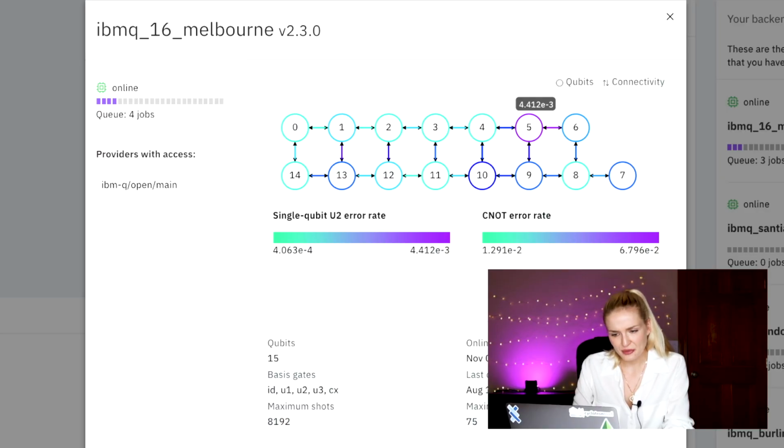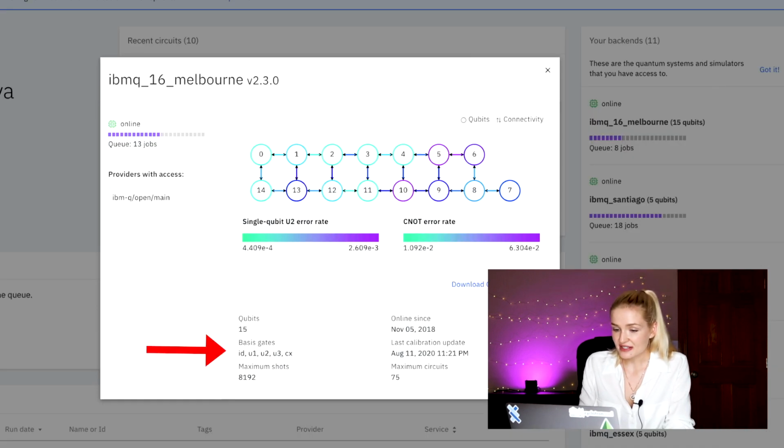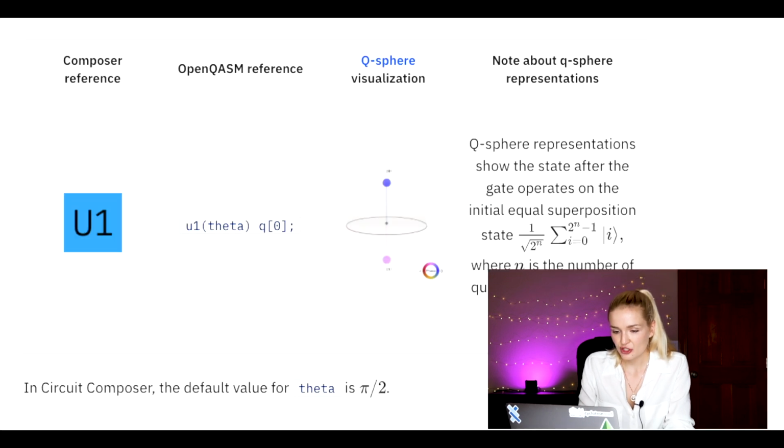So you see this one qubit is not doing so hot. The error rate is higher here, so if you're writing circuits and you know that this particular qubit was having some issues, you may want to rearrange the circuit and not use this one too much. The basis gates are what all the single qubit operations are compiled down to. U1, U2, U3 gates are rotation gates with different numbers of parameters, where each parameter is the axis of rotation.